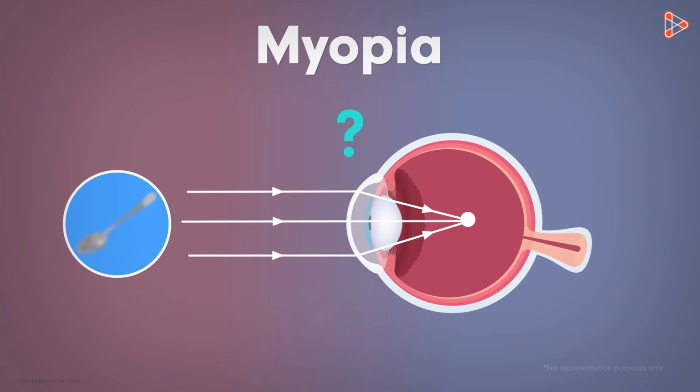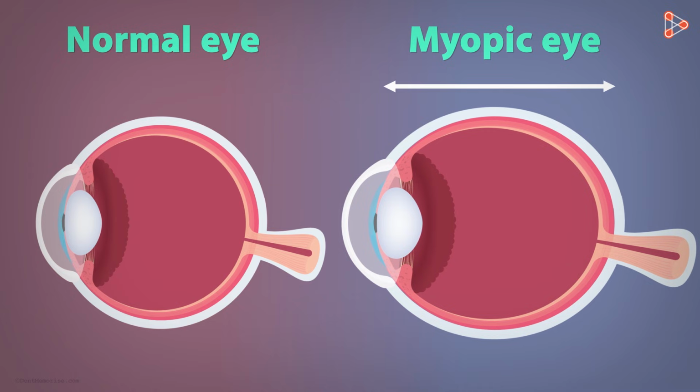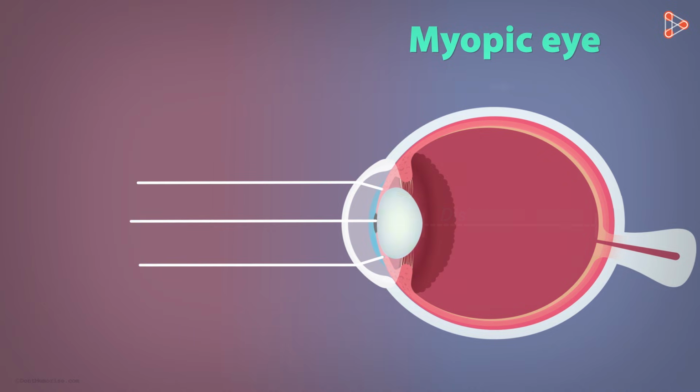But what causes the light to converge in front of the retina rather than on the retina? The larger size of the eyeball is one of the reasons which results in this eye defect. Due to the elongated eyeball, the distance between the lens and the retina is more than usual. Because of this larger distance between the two, the image is formed in front. Well, one thing we must note here is that the lens functions in its usual way. It does its work neatly as it's supposed to. The only thing is that the image is formed at a different position.